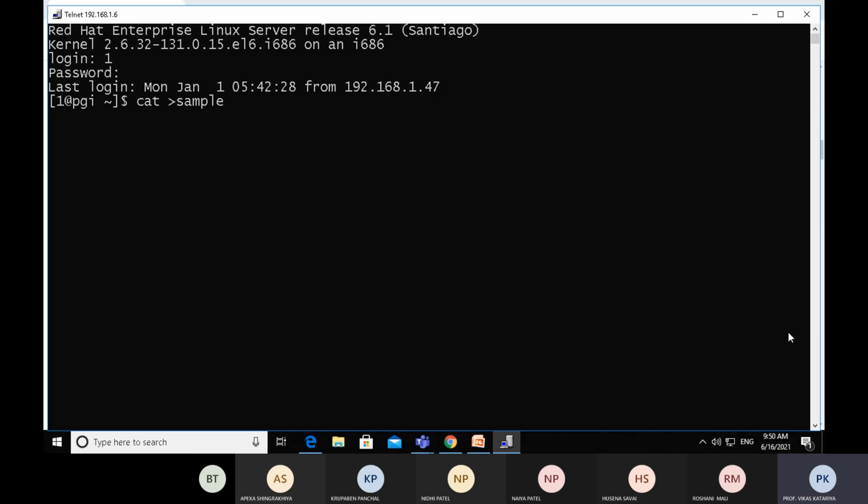So this is the way to create a file using the cat command: cat followed by the greater than symbol followed by the name of the file. This is the syntax of creating a file. Press enter. Now the cursor indicates a new line. It is asking if you want to write some content in the sample file. So yes, I'm interested in writing some content,